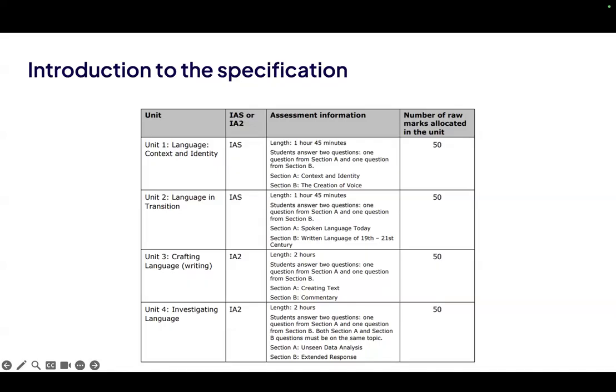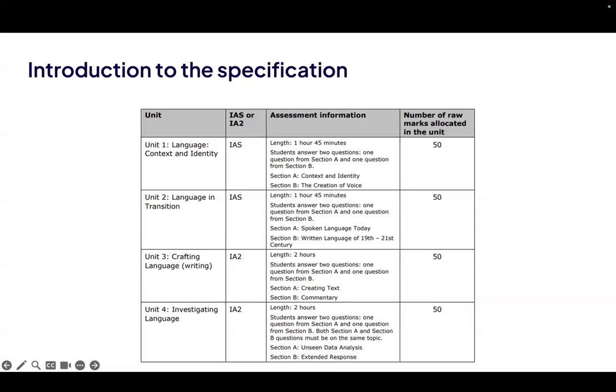So a lot of students actually like paper 3. Okay, in the second column there, is it an IAS or an IA2? Well, as I said before, AS is advanced subsidiary and the I just means it's international. So international advanced subsidiary, or is it just the international A2? In order for students to have the complete international A-level qualification in English, they have to have sat all 4